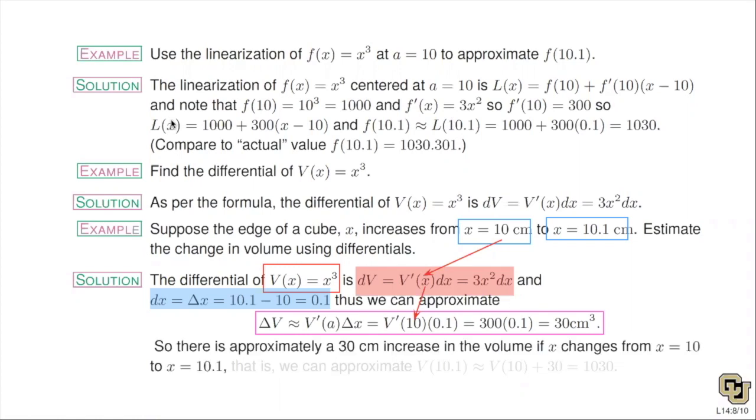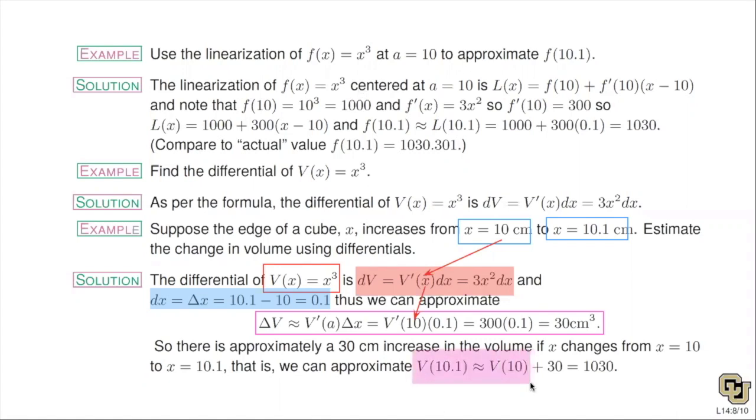So there's approximately a 30 centimeter increase when x changes from 10 to 10.1. And if we know how much it's increased by, I can now also approximate what the new volume is. It would be the old volume, V of 10, plus the addition, the increase. So here I can approximate the volume at 10.1